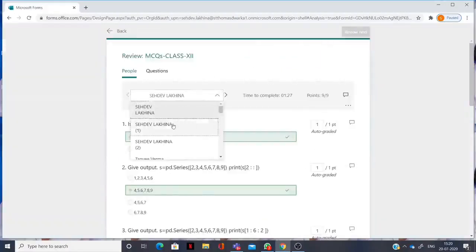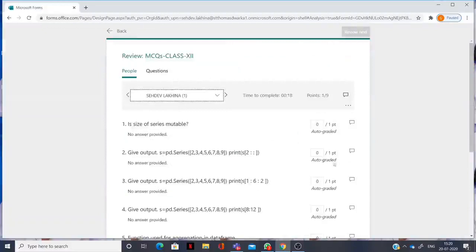Suppose this is a student, Sahdev Lakina 1, and as an example, see carefully here, he's getting 1 out of 9. Suppose I'm making a case where in this question he did not get marks, so you can see the points here.